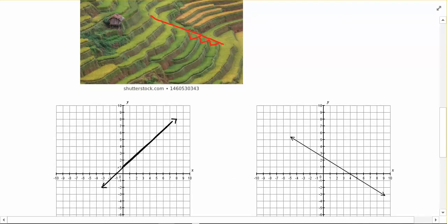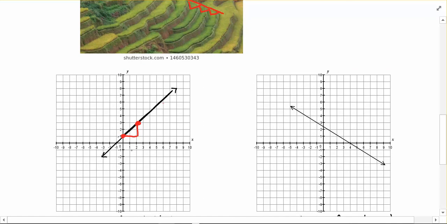The slope is measured by this terracing idea here, by picking any point on the slope and picking another point on the slope. I'm going to try to find one that's on a corner, right? It's easy if you have a corner. And then you do this terrace notion, meaning how many blocks does it take me to go this way and then that way in order to go from that point to that point, and that count is going to be my slope. So this number here, we can count the blocks, that's a 2, and that number there is also